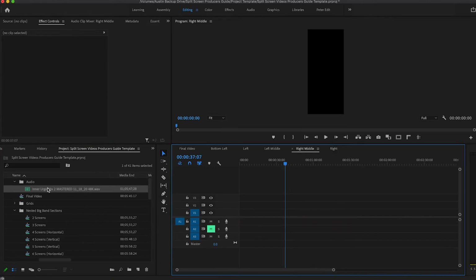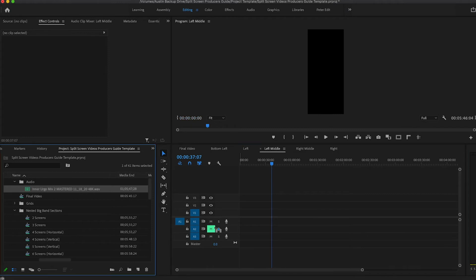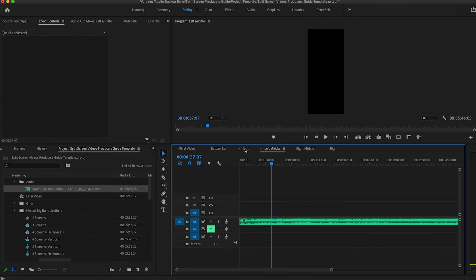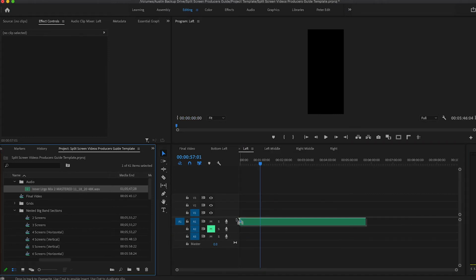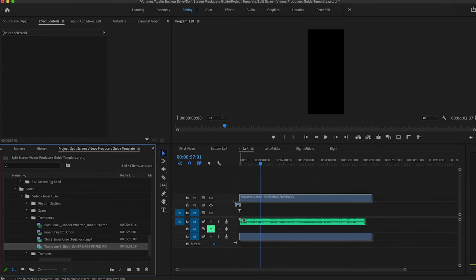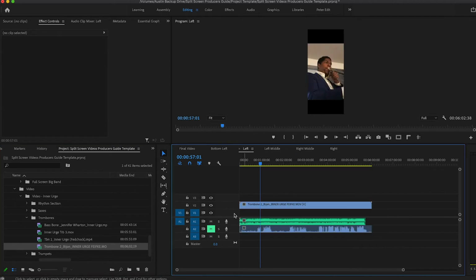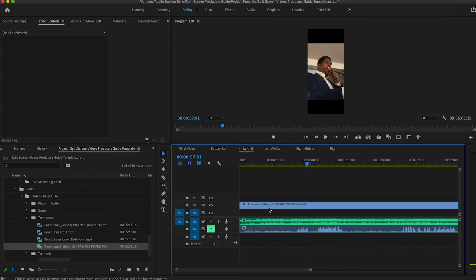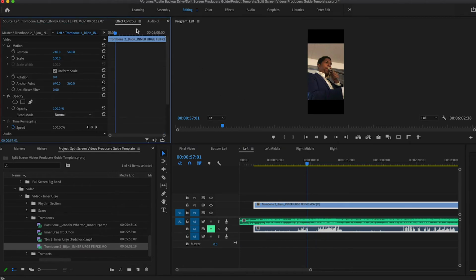And I'm just going to drag this final audio out into each sequence. We're going to come back down to our videos. We're going to come into our trombones. So left, naturally in a big band, is usually trombone 2. So I'm going to load in trombone 2 here. I'm just going to resize him really quick just to make sure that he's filling up the entire screen, and then maybe move him over so that he has a good framing and we can see a little bit more